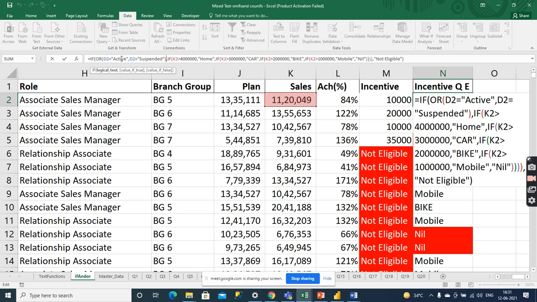Then you will be able to do these things easily, because some people start with OR from the beginning of the formula, then they come to IF. In that case you will be confused and the chances of error are more. So always partition your calculation.